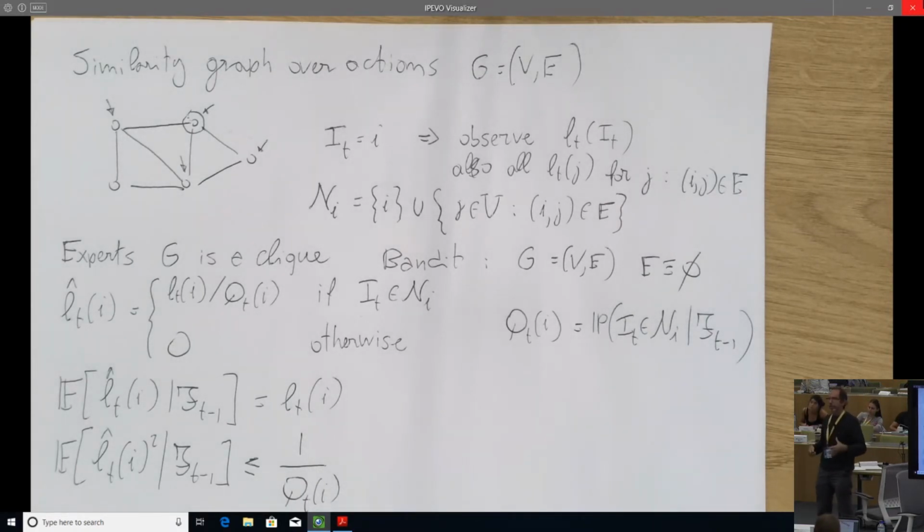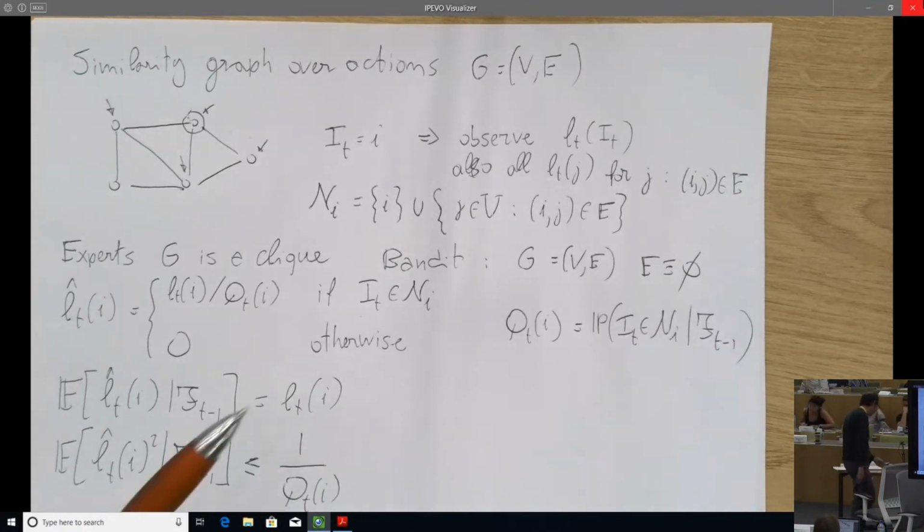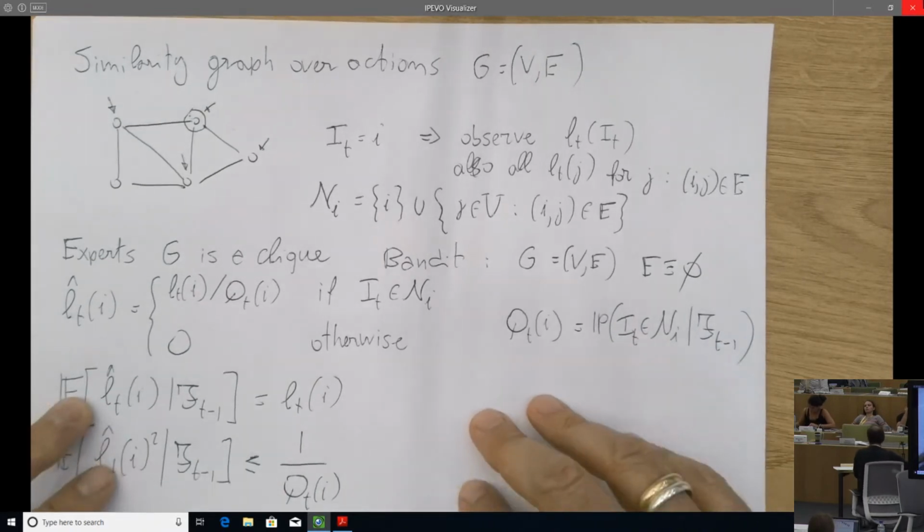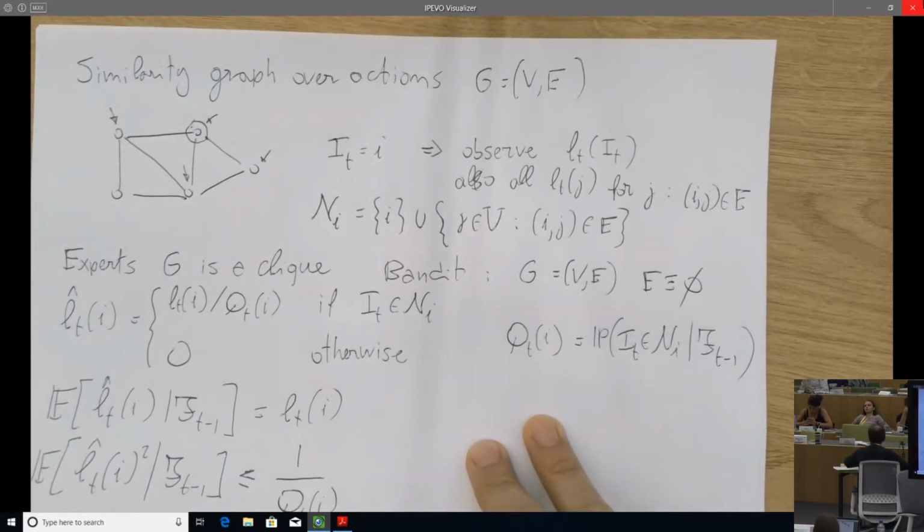Yeah, so there is more probability at the bottom. The Q's are bigger than the P's because, first off, the Q's contain the P's. Q sub T of I contains the probability of I, but also the probability of the neighbors. So there's less variance than before. Cool. How can I quantify this advantage in the bound? I see there is an advantage, but how can I quantify it in the bound? Here comes the fun part.